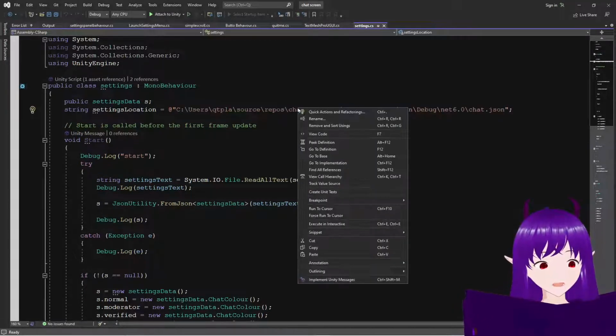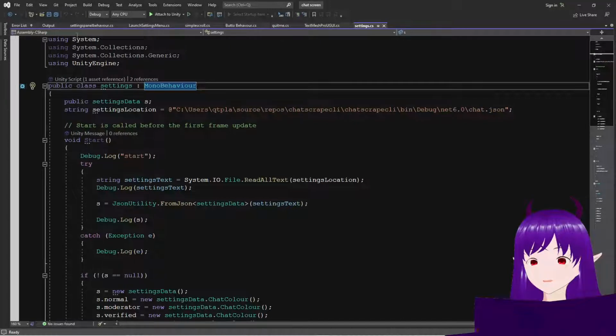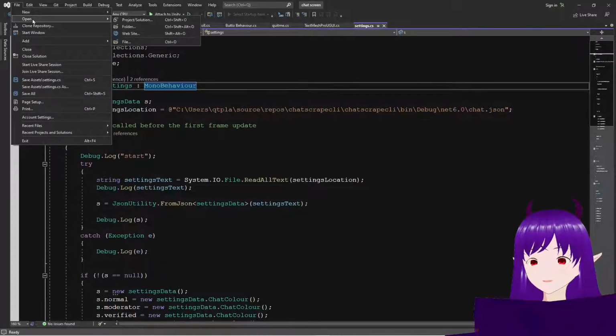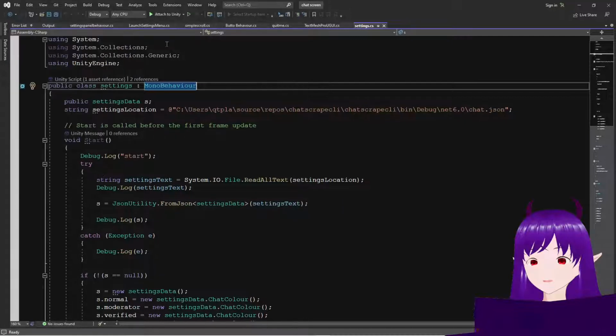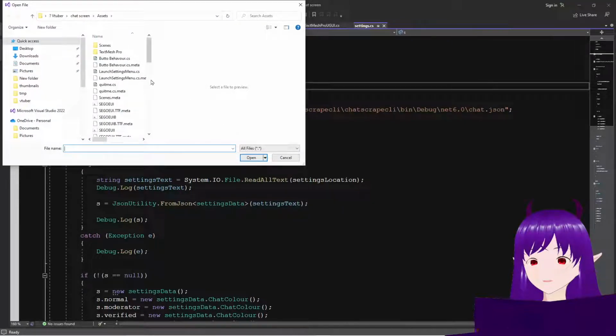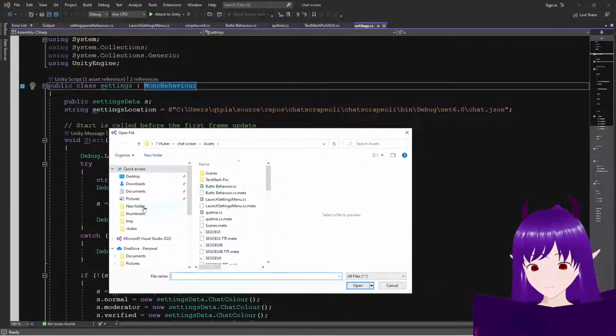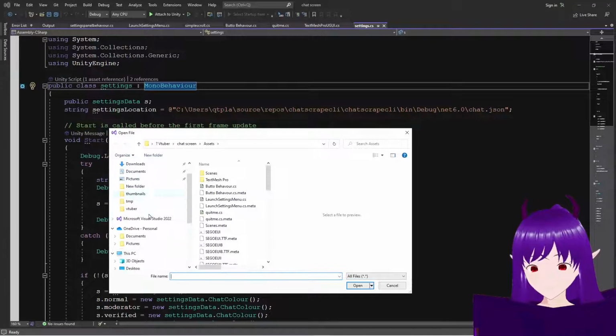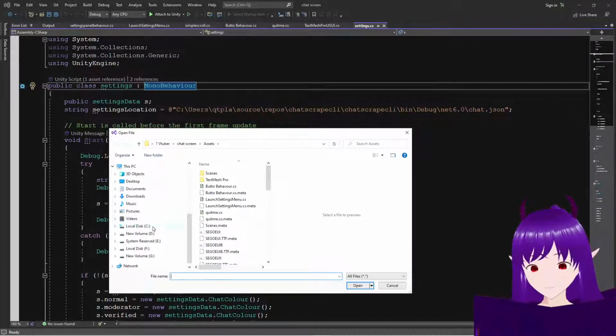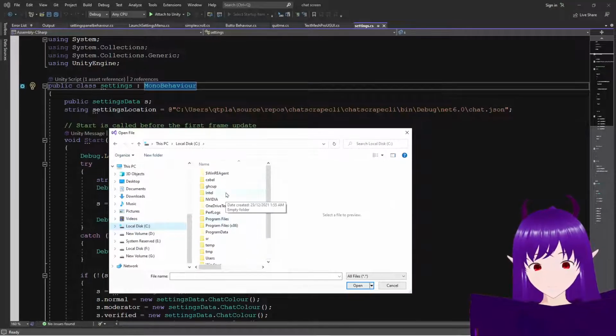Can we get to open file? Can we tell it to open that file? Nope. Let's open the file then. File. And there. So it is users QTP. Okay. And we go users QTP